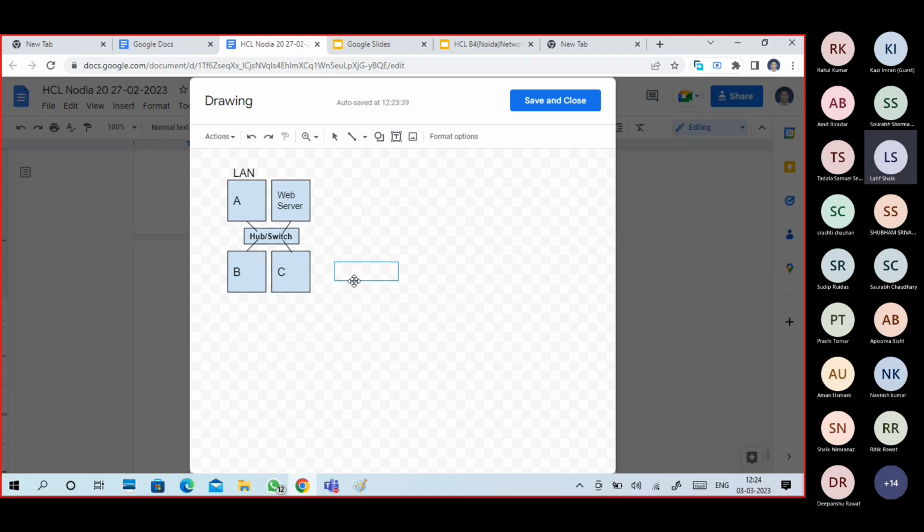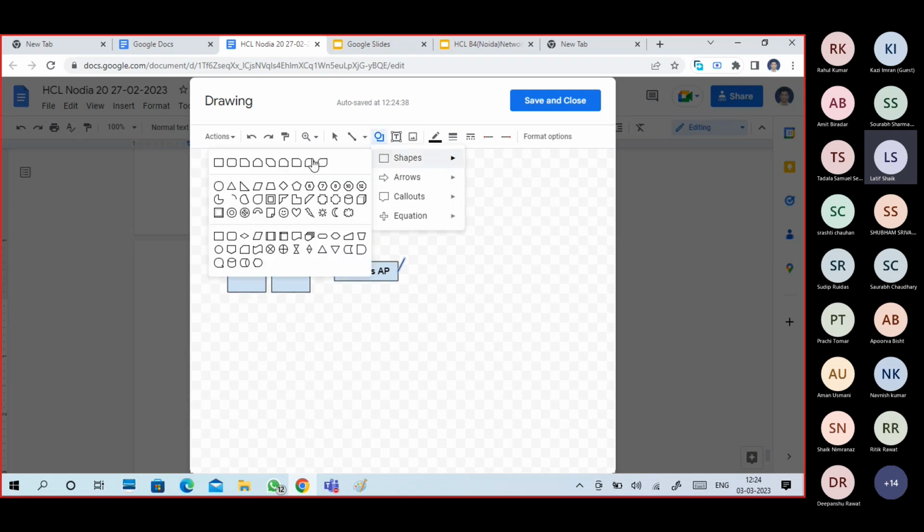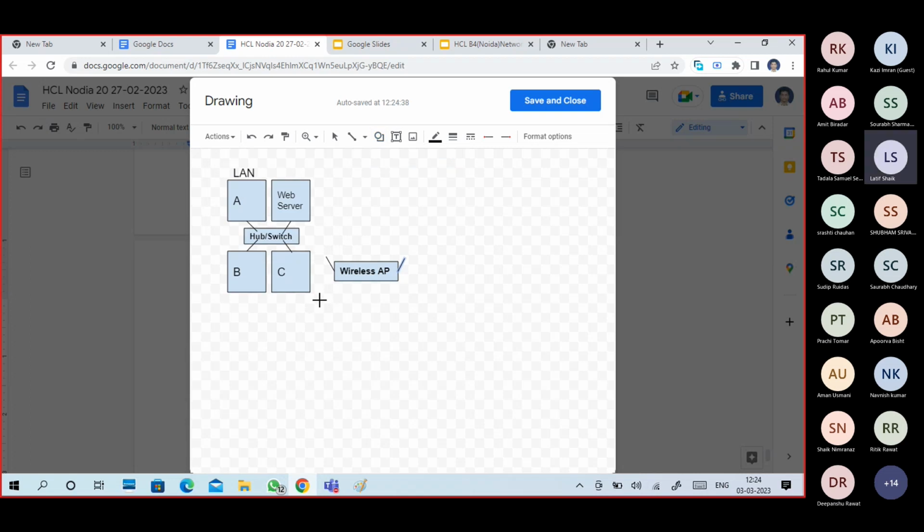For example, if I have wireless kind of devices, then I need a wireless access point. Okay, I need a wireless access point to connect wireless devices. So normally it is a LAN, but if you want to connect wireless devices, that is called a